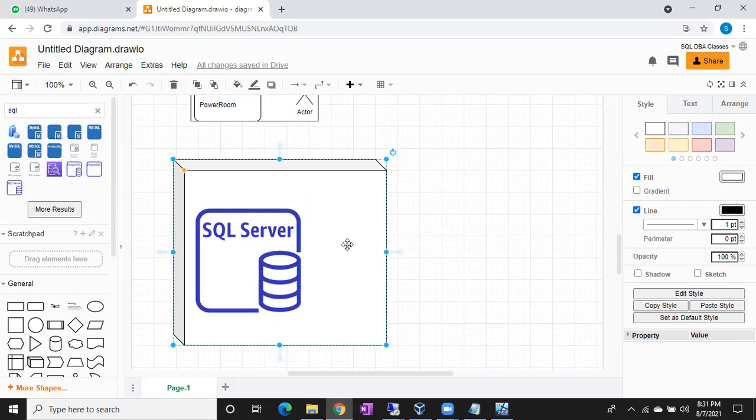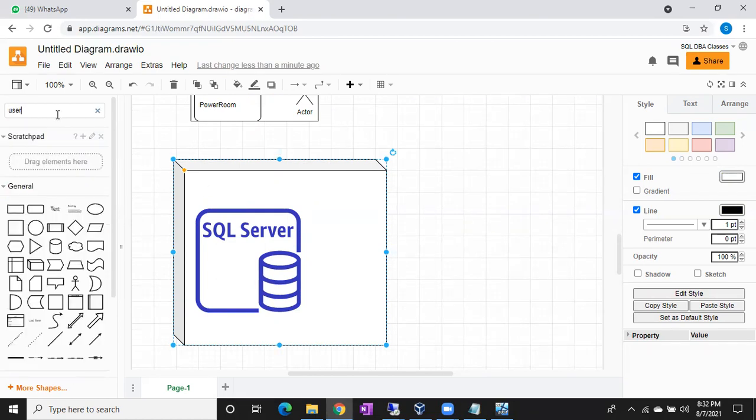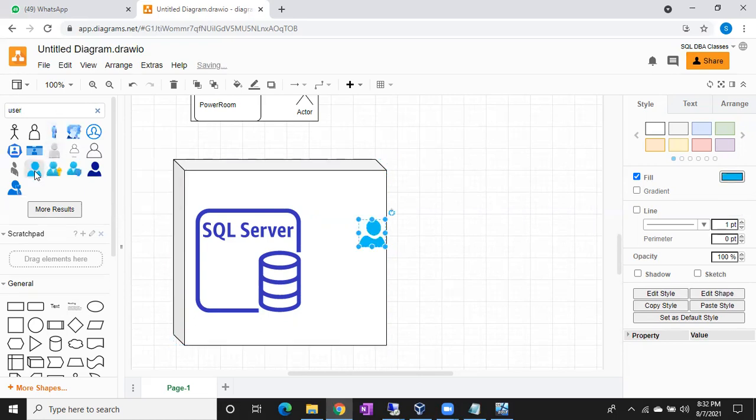So I told you, in case anyone wants to connect to my SQL Server, a login should be created in the SQL Server. Let me go with the blue color. So in the SQL Server, a login should be there.